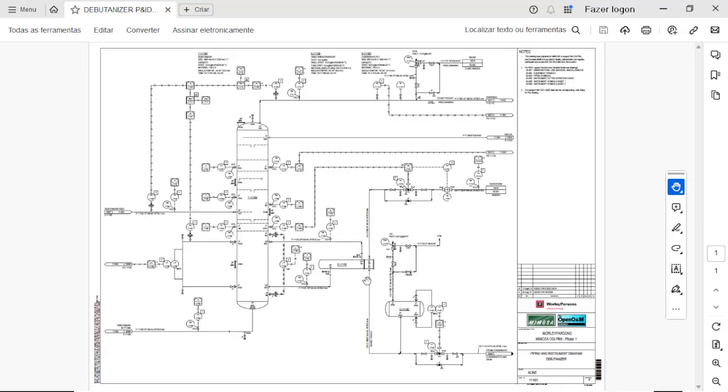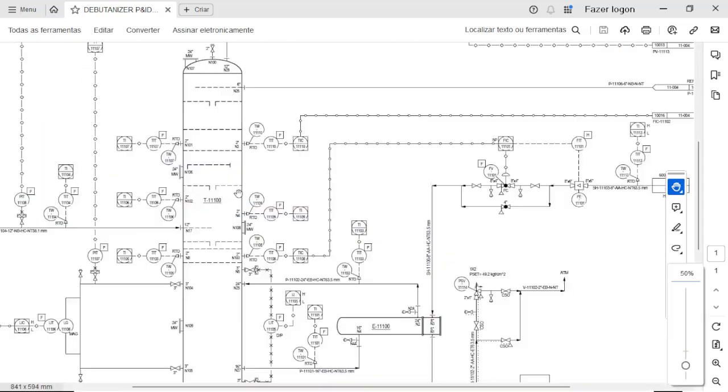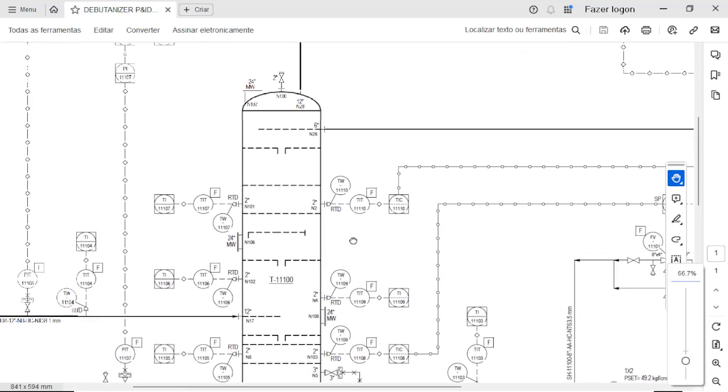The amount of information or the details shown in the drawing depends on the phase you are in the project and also the procedures performed by the company. For instance, here you can see that each nozzle has a size and also a nomenclature.